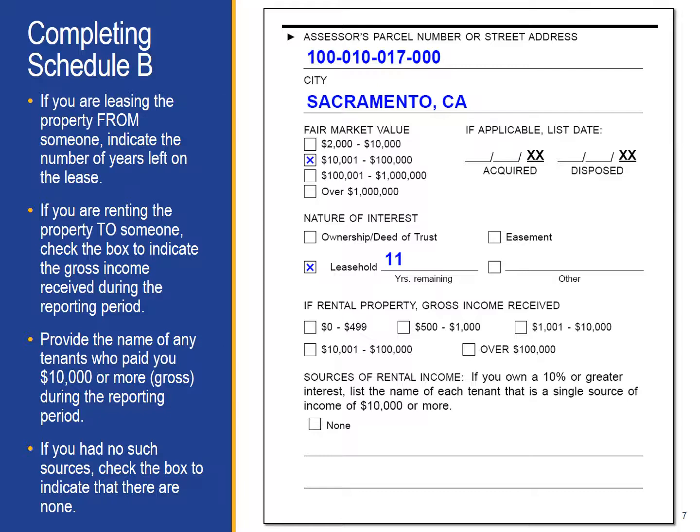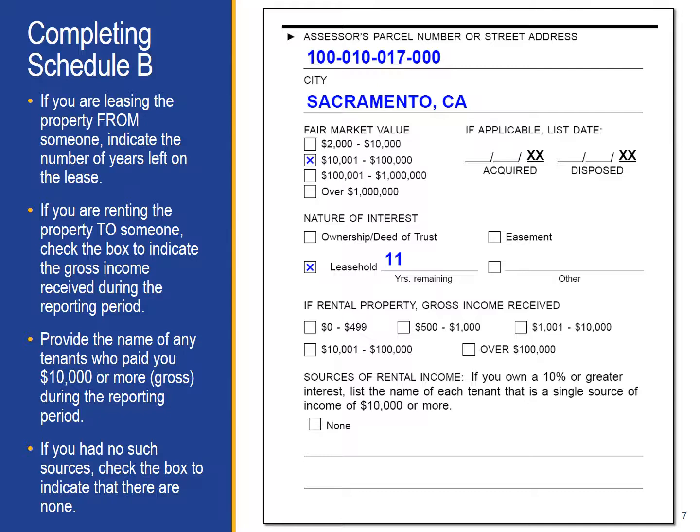This example shows that the filer is leasing a property from someone. As noted on the last slide, when reporting real property, you must disclose the address or assessor's parcel number of the property. Again, we recommend using the parcel number as it provides you more privacy than the street address. If you are leasing a property from someone, you must indicate the amount of rent owed by you during the